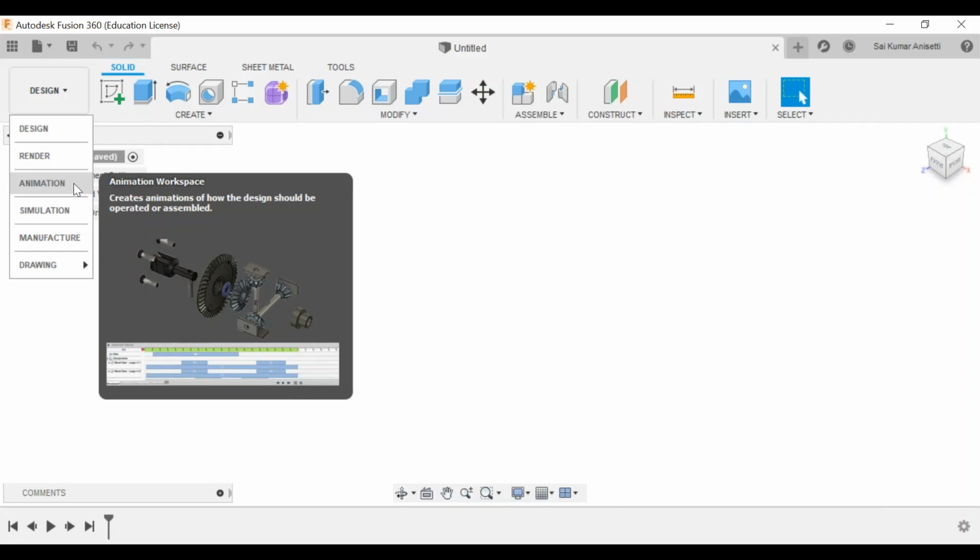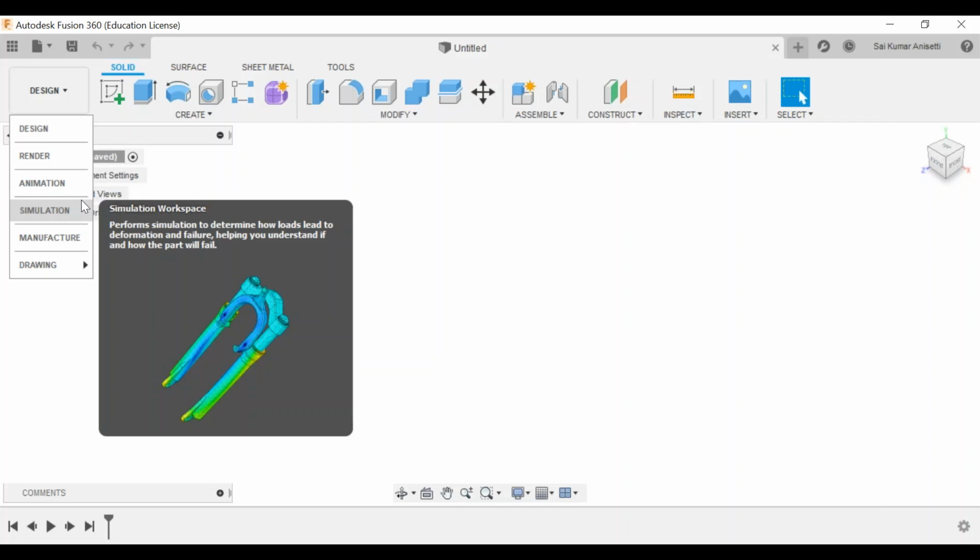After you assemble a particular component, let us take a simple one, as a preview has been shown over here, right? Take your gear assembly. After you assemble, then only you can do animation. Like if one gear is interfacing with another gear, if you rotate one particular gear, you can see how the other gear is rotating. So what could be the degrees of freedom, everything you can animate, right? You can give motion to it, translatory, rotatory, and everything you can give in your animation. We will see that even.